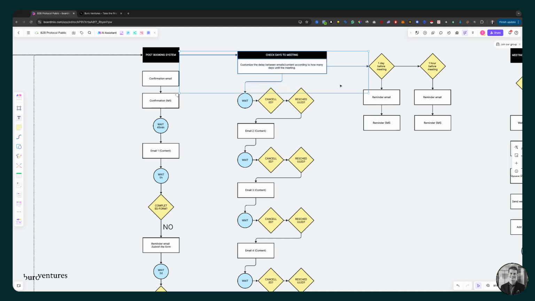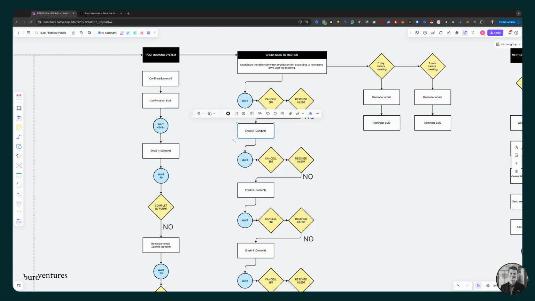And this one is the interesting part: how can we give the most possible value to a lead before the meeting without being pushy, by coming from a place of sharing value, with a logic that dynamically alters the number of emails and the frequency depending on how long it is from when the meeting was booked to when it is to be completed. So this is where we have the wait function. We check if the meeting is cancelled or rescheduled, and if it's not, so this is a no for absolutely all of these,